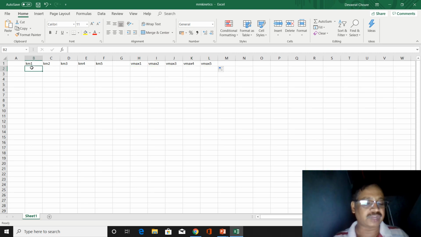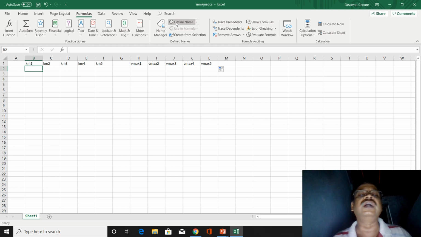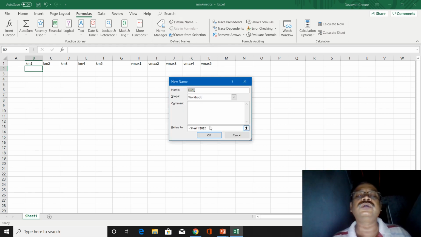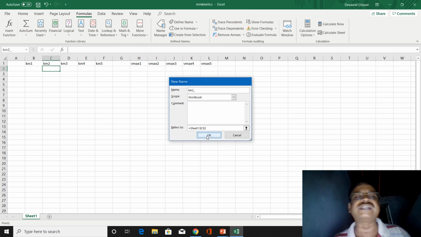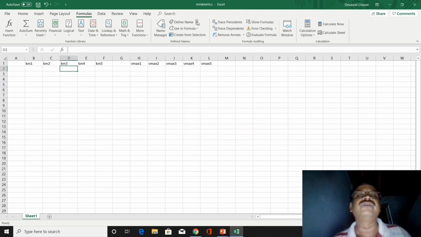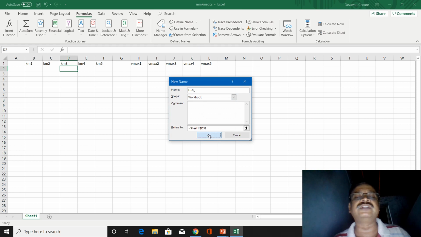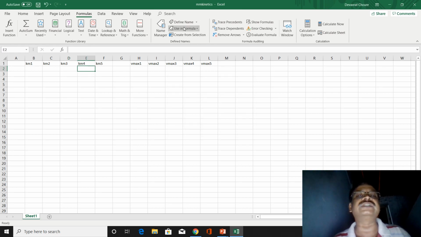And there now Km, I will define the name to it. I will go into Formulas. This name definition is required to work accurately. When we drag the formula, these names will remain the same, will not change when we autofill the formula, and we will see how that happens.